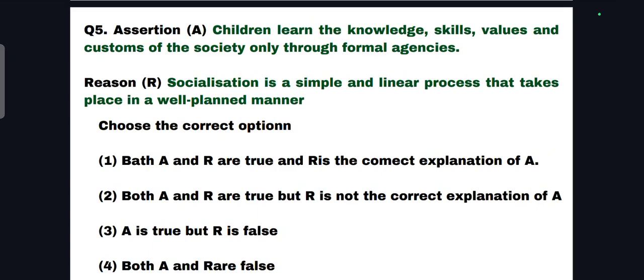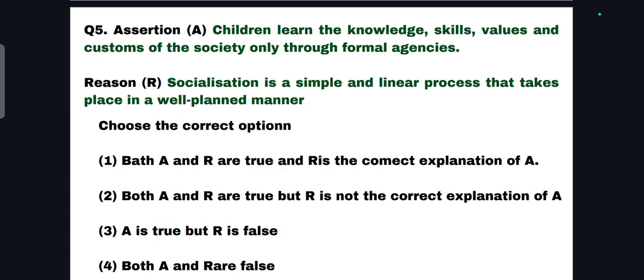We check whether the reason statement is correct or wrong. What is the reason? Socialization is a simple and linear process that takes place in a well planned manner. So the first step is to identify whether each of the assertion and reason is correct or wrong.